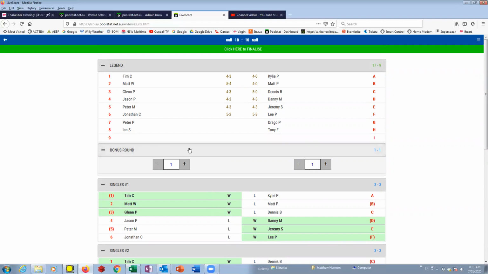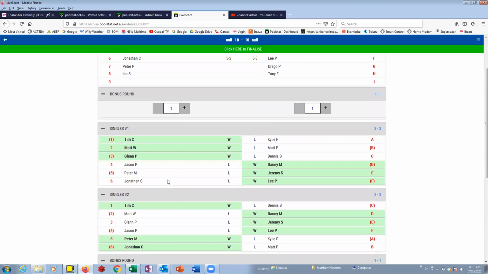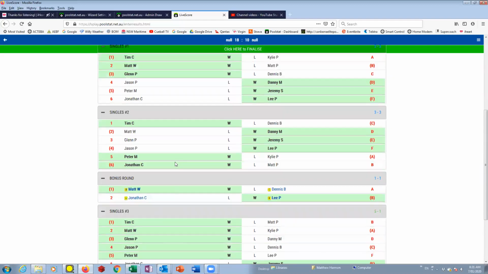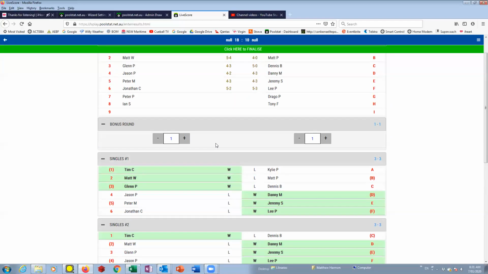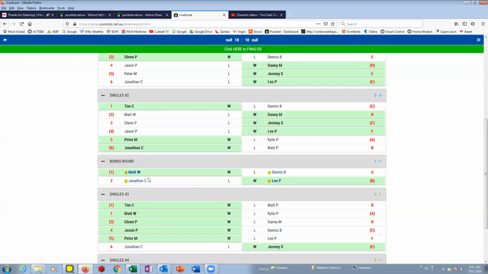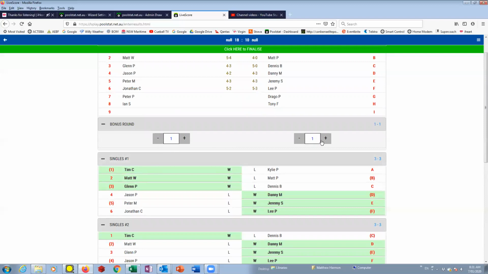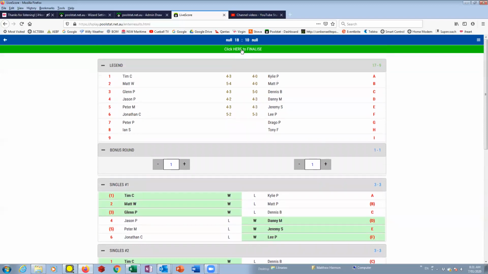I'll just quickly show you how I got this. I'll try to remember. There's an on-off button to get this to appear. That's just a multiplier, really. You can apply it to any, doesn't matter. That's just for this round here. So just check that, because someone might have fat fingers, or well, I don't think there's any cheats among the association, but just make sure that's correct. Obviously, if the home team won 2 games, you'd have 2 here and 0 here. Pretty straightforward. I'll just finalise this match,